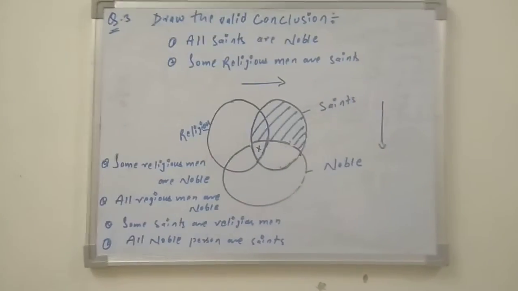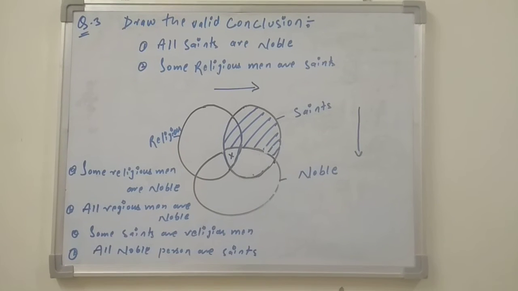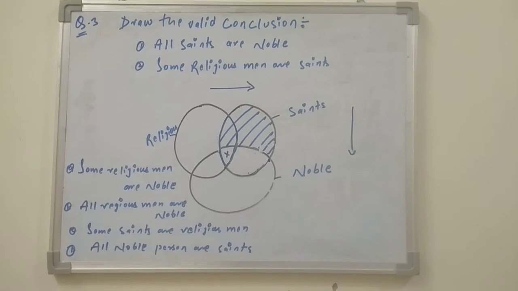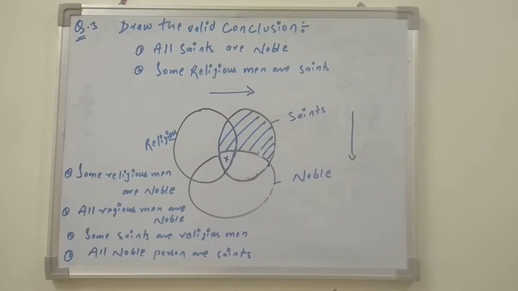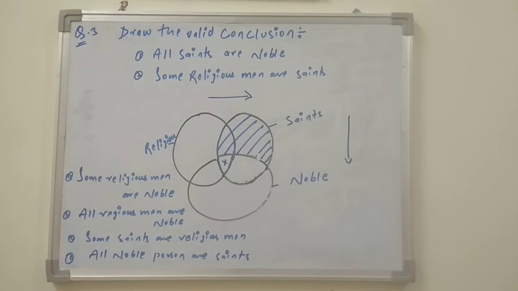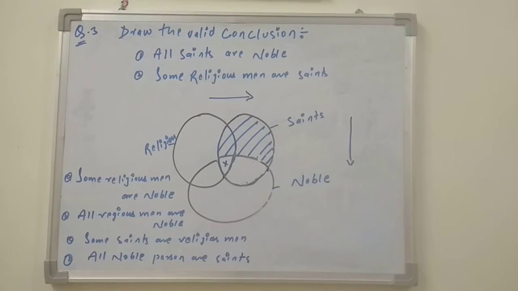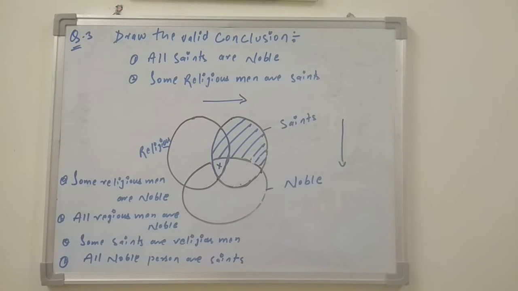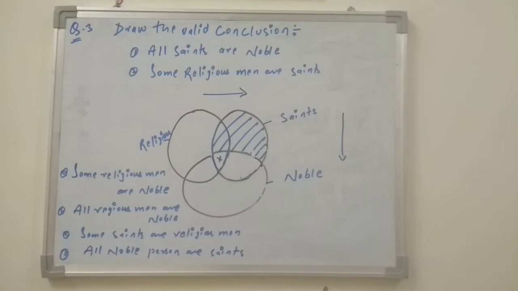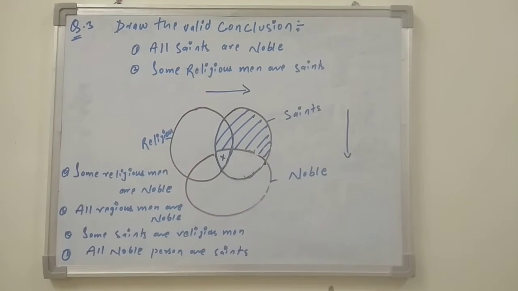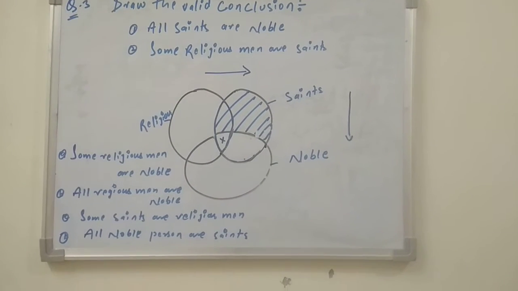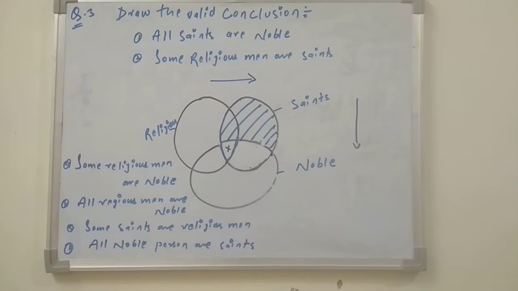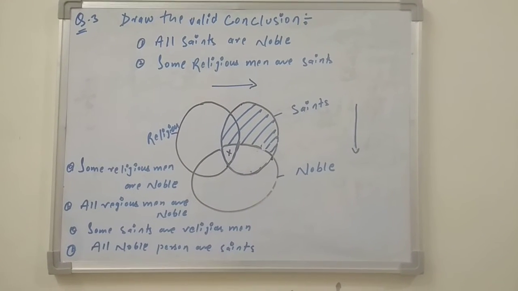Now, if we go with the practical questions related to the square of oppositions, then we solve them with the help of a Venn diagram. Rather than theoretical exams, to solve any questions related to the square of oppositions, we always draw three overlapping Venn diagrams. If we follow the correct process, surely we can do all the questions related to the square of oppositions correctly.